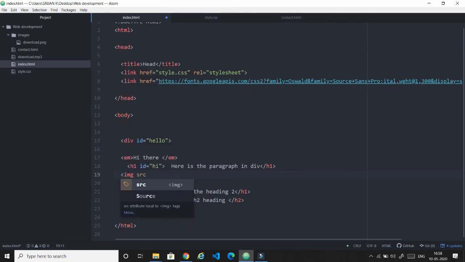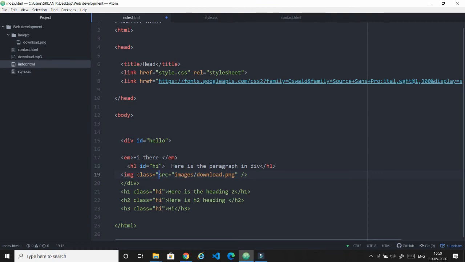I am including an image with source images slash download dot png. So I have included an image. Let me take a class only, so that you can be familiar with the class.